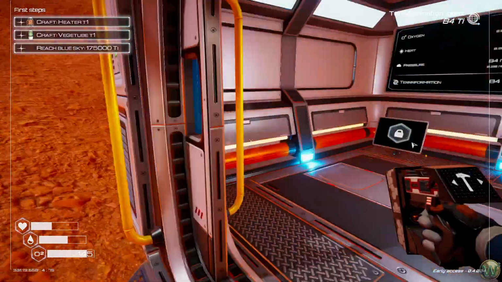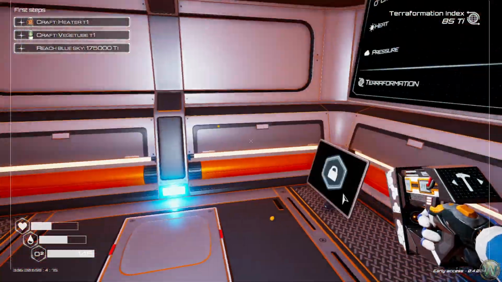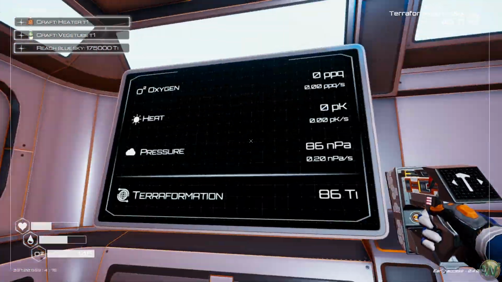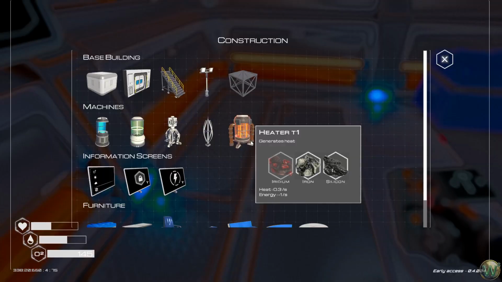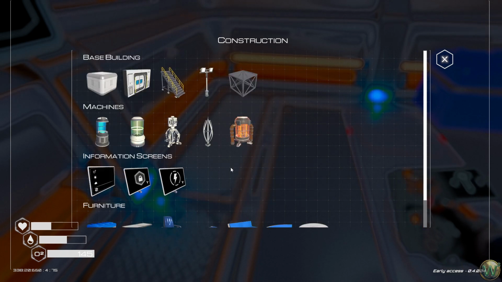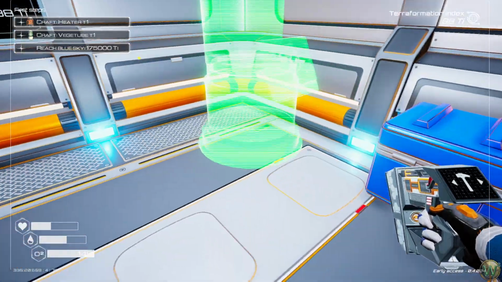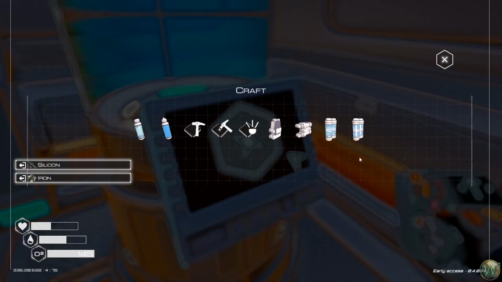And meanwhile, this is all still just drilling away. It's just going to keep going, and it's going to keep increasing the pressure. So we did unlock this oxygen tank 2, and I don't think we can make it here. No, we have to actually build a thing. Craft station V2. Yes, we can. Okay. Let's go with right here for that. And then here's where we can make...